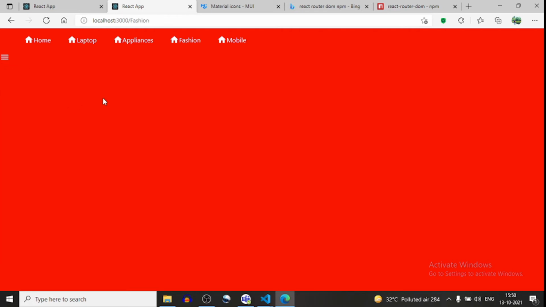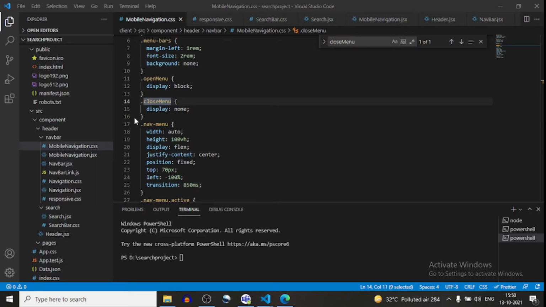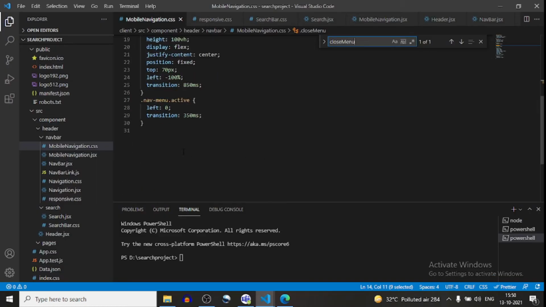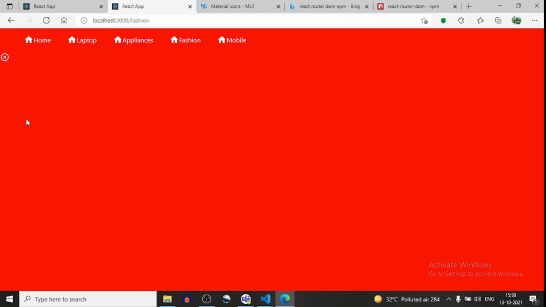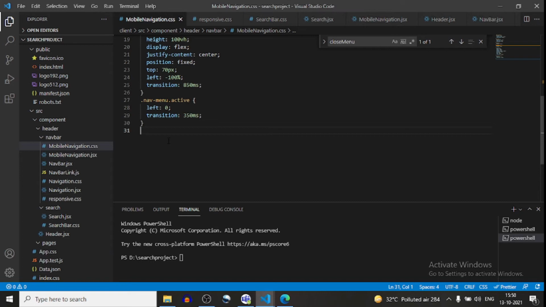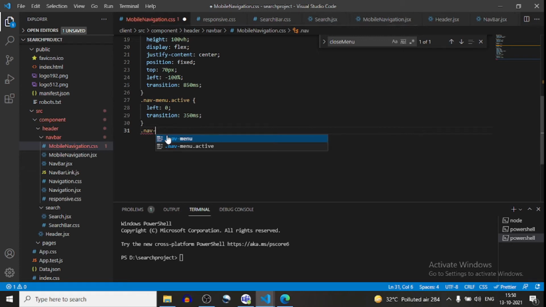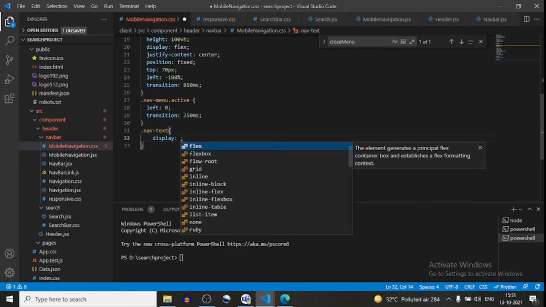Okay, so we want this. Now what I need to do, I will write some CSS for this left navigation. I will go in mobile navigation dot css, and here I will do nav text, that display will be flex.